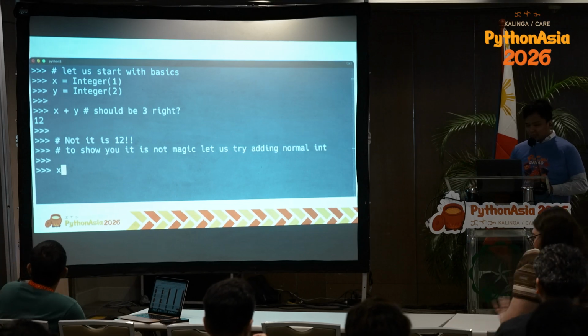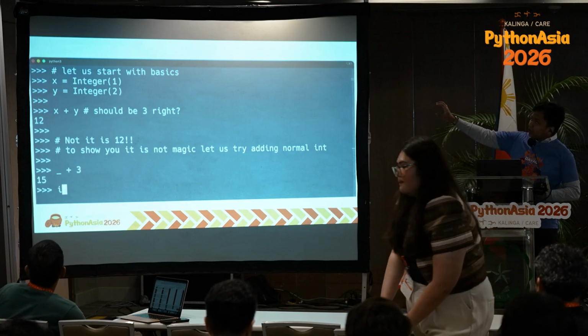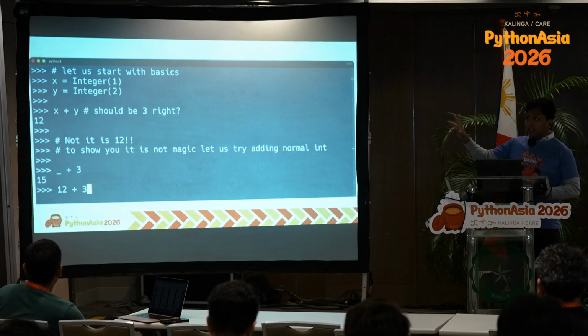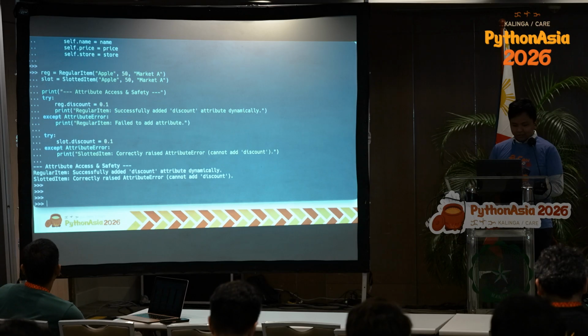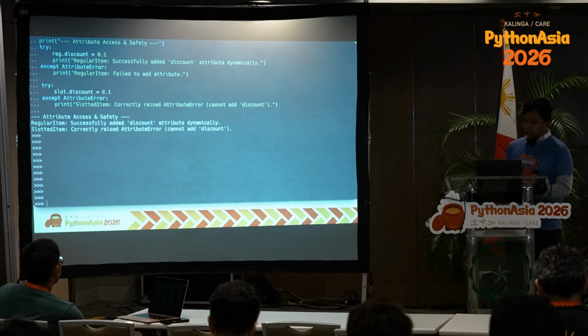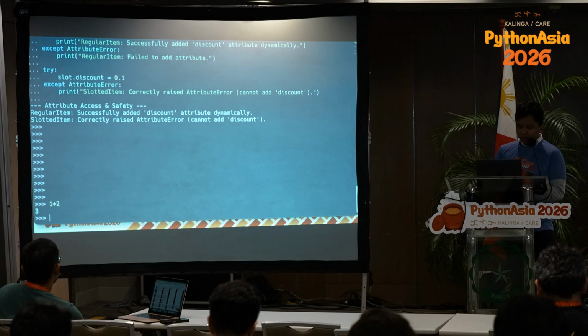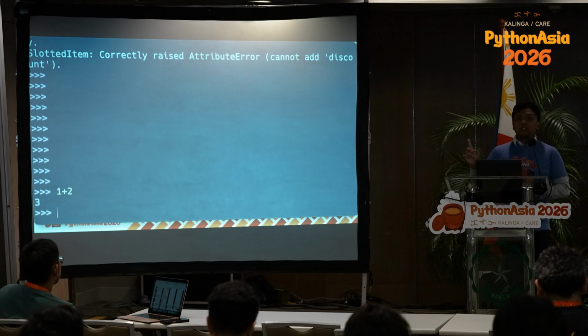Here, as you can see, there is integer 1 and 2. When we add them together, it should be 3, right? But it outputted 12. The case here is that if you do 1 plus 2 in an interactive Python shell, we will be able to calculate things, right? And the first use case of underscore is that you can actually access the previous value in the interactive Python shell